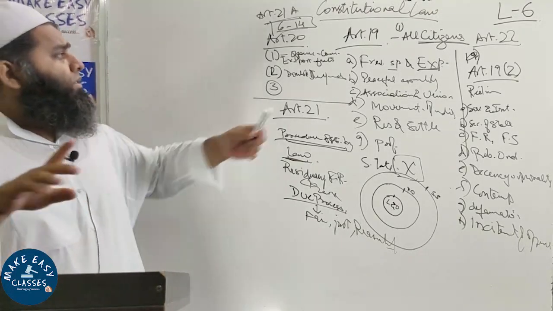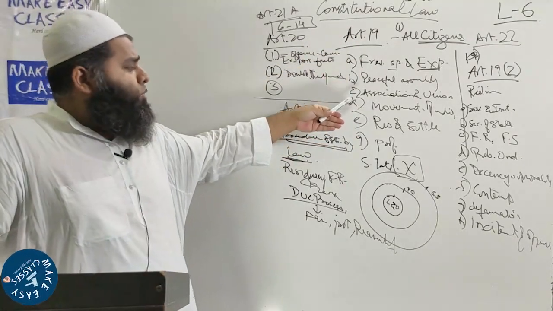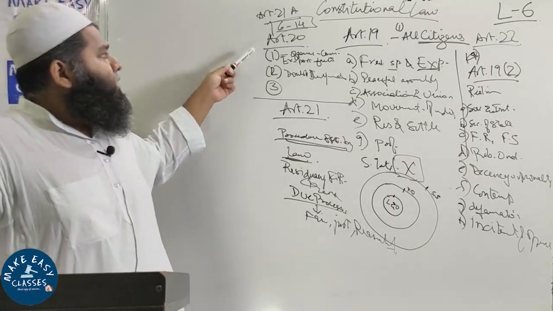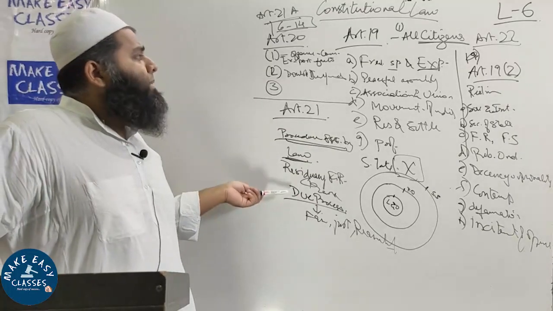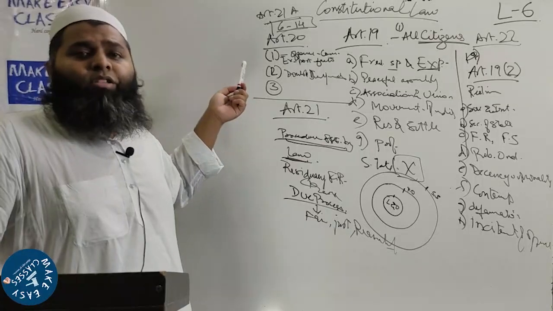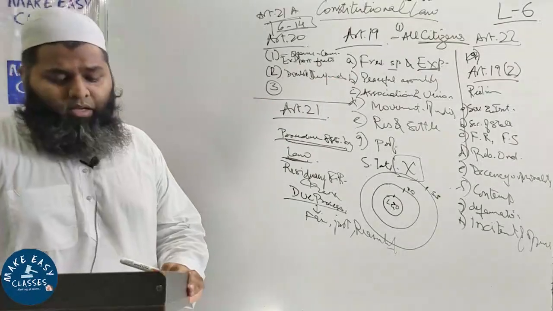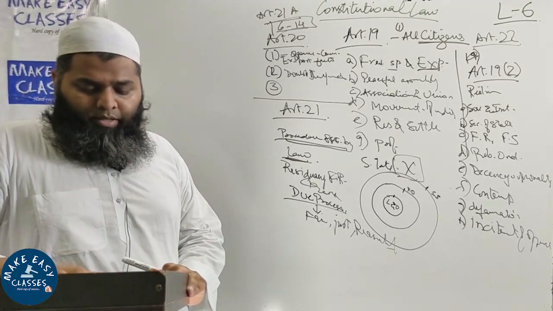These are the freedom of speech and expression, and these are all the freedoms. And then you come to Article 20. So you will find that there are freedoms regarding the offences, and in 21 you have this right to life and personal liberty. 21A is regarding the freedom of education, free education, right to education, and 22 is regarding protection against arrest and detention.